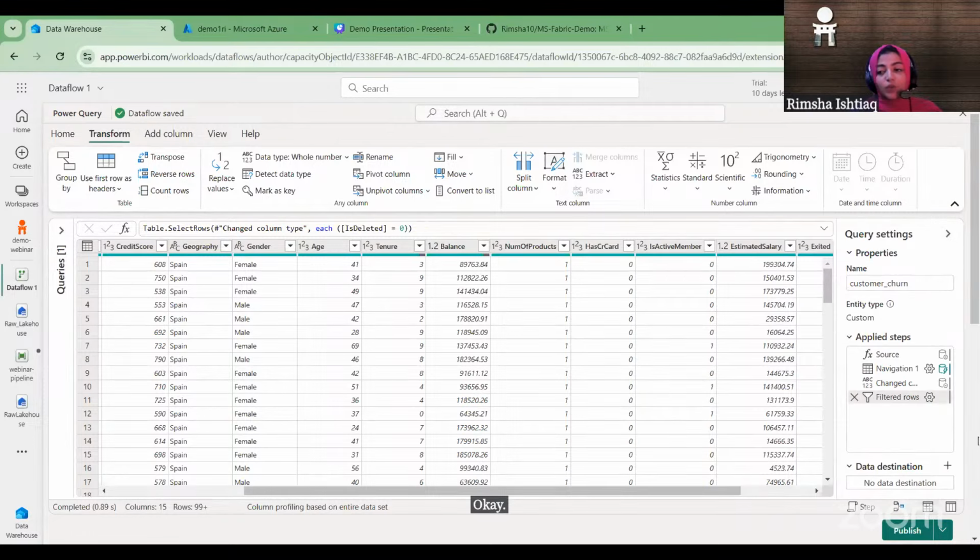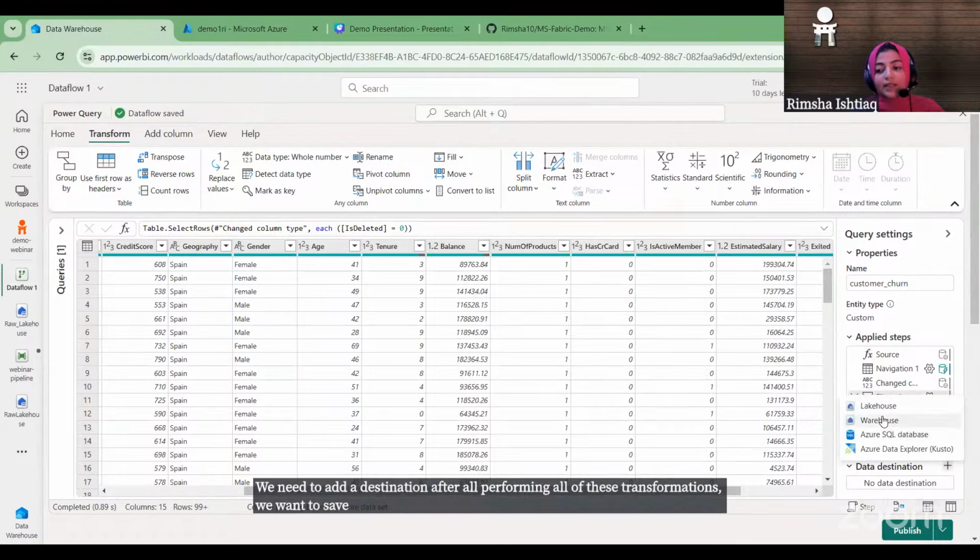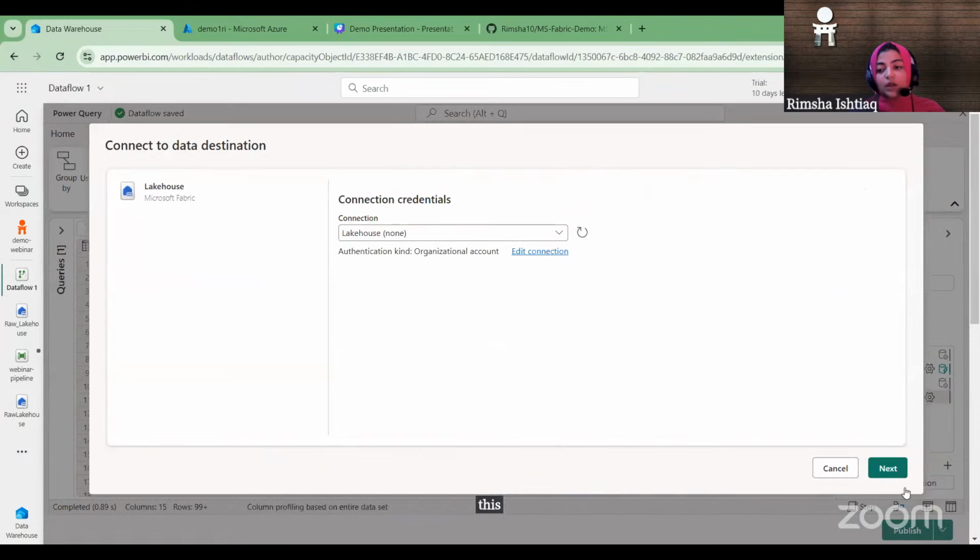Now what we need to do is add a destination. After performing all of these transformations, we want to save our data into the Glance Lakehouse. For that, let's select this Glance Lakehouse option. Go to next,